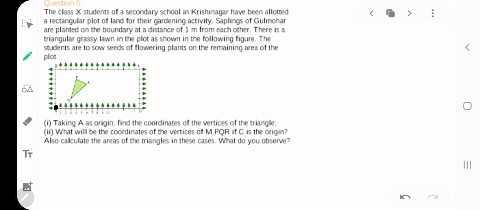Taking A as an origin, my dear kids, we will take AD as x-axis and this will be your y-axis. Okay. So the points are given to you. If you clearly see in your textbook, there are the coordinates given to you here. 5, 6, 7, 8, 9, 10. So you have to just project where your Q lies. So you will notice that Q has points 3, 2. R lies over 6, 5. That is the graphing. You can see your textbook and you can measure where it belongs.